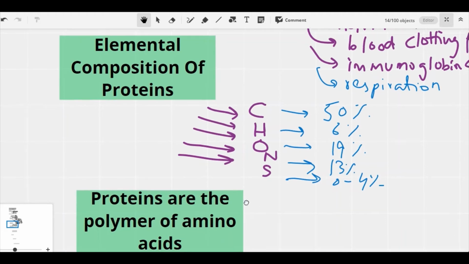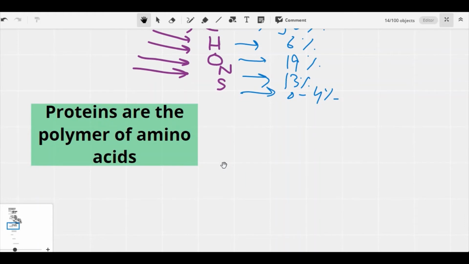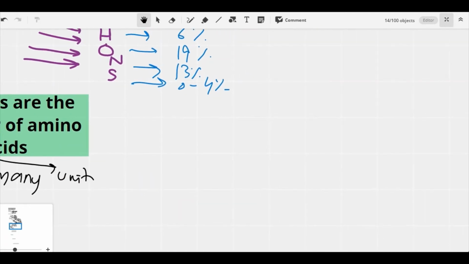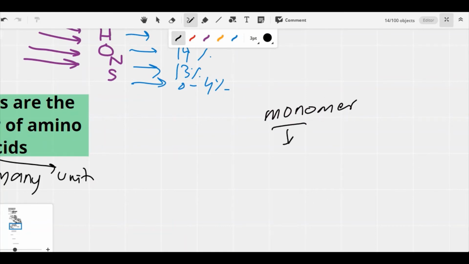Next one is that proteins are the polymers of amino acids. So first of all, what is meant by polymer? Poly means many and mer means units. Remember, the word polymer comes from monomers, where mono means one